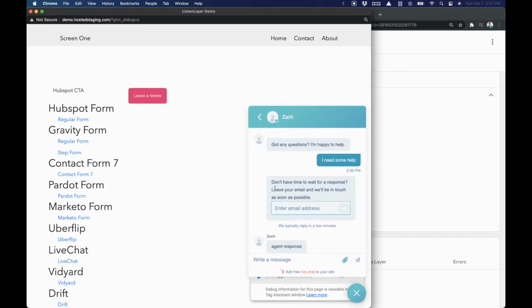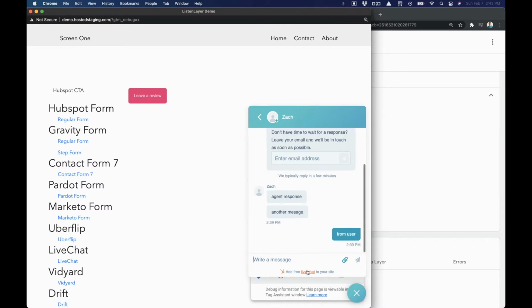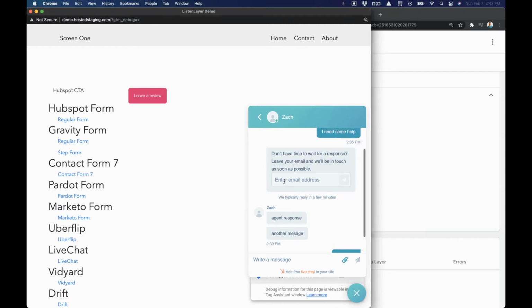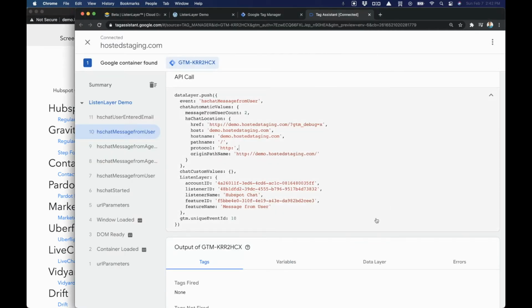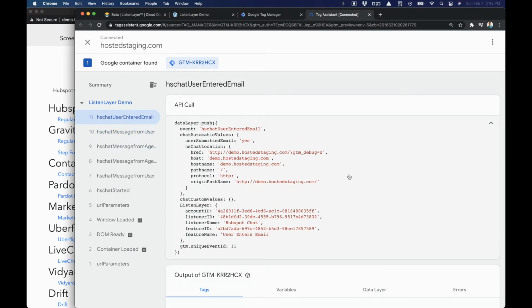And other times, it's more of a natural flow where there's not a field, but the chatbot automatically asks for you to enter your email. This tracking should work identically regardless of how you have that feature set up. Enter email address here. What we'll notice in our data layer and inside of the Google Tag Manager debug mode